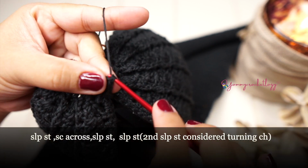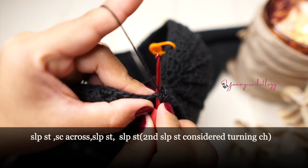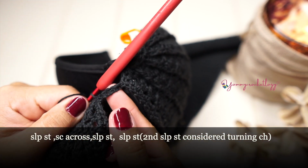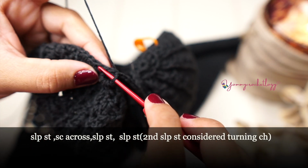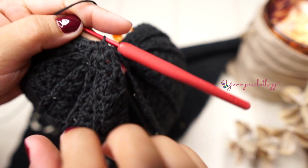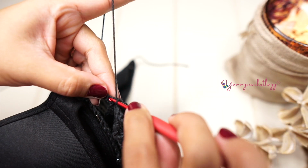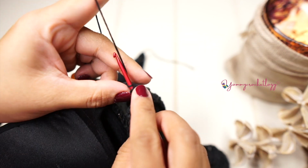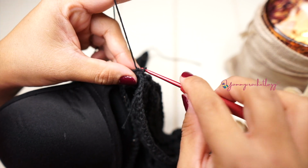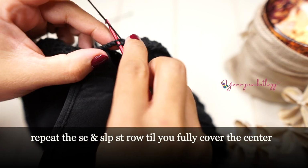So we're here in this row again, and we will slip stitch to connect this row. And then again, another slip stitch as your turning chain. So you have to repeat the single crochet and slip stitch rows until you have enough to fully cover the